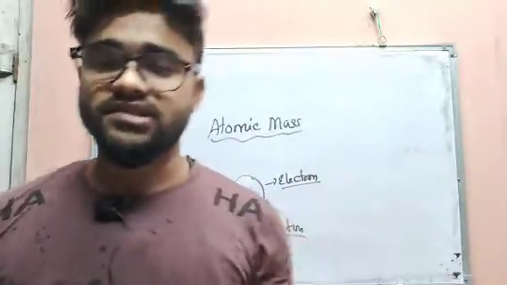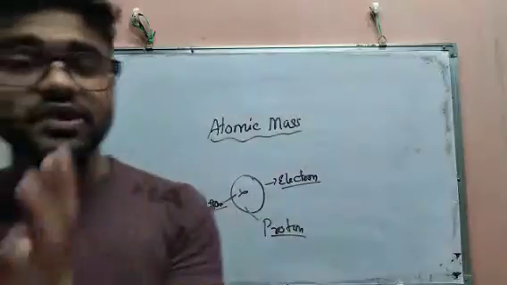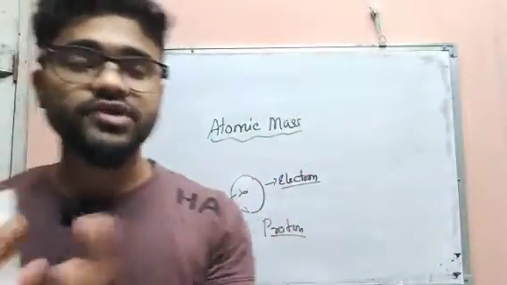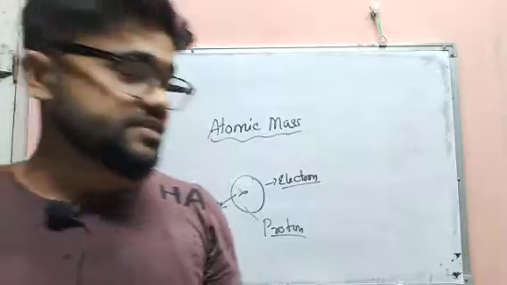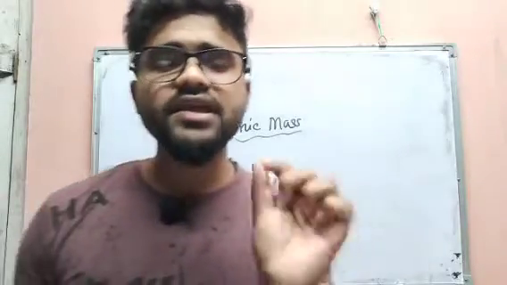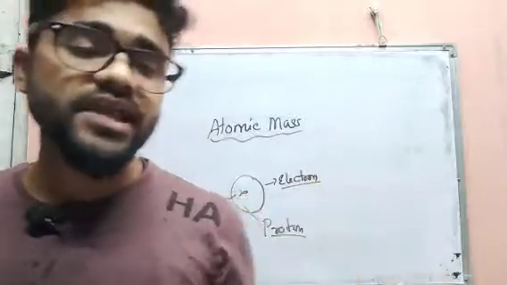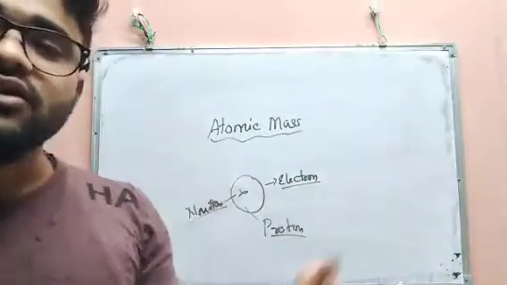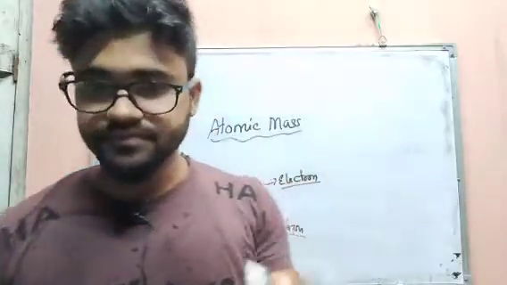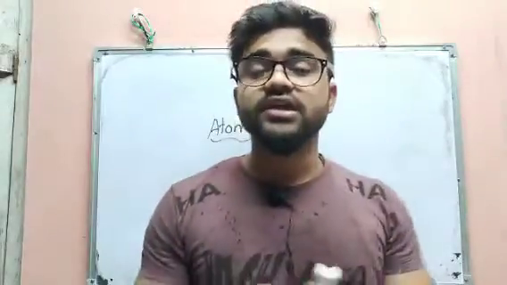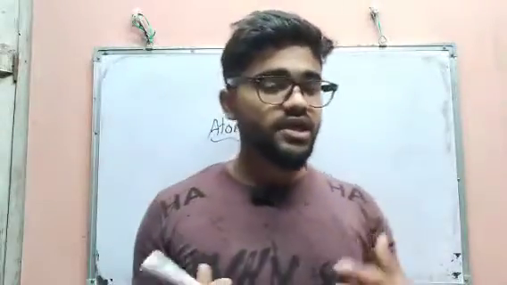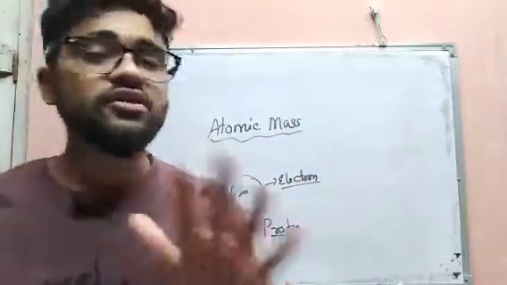The proton is positively charged, and the neutron is neutral. It is not positive or negative. Then the electron is negatively charged, and the electron has a very negligible amount of mass. Suppose you have 10 kg of rice. If I add only one single piece of rice to that 10 kg of rice, there will not be any change. So similarly the electron mass is negligible, and we cannot consider it.